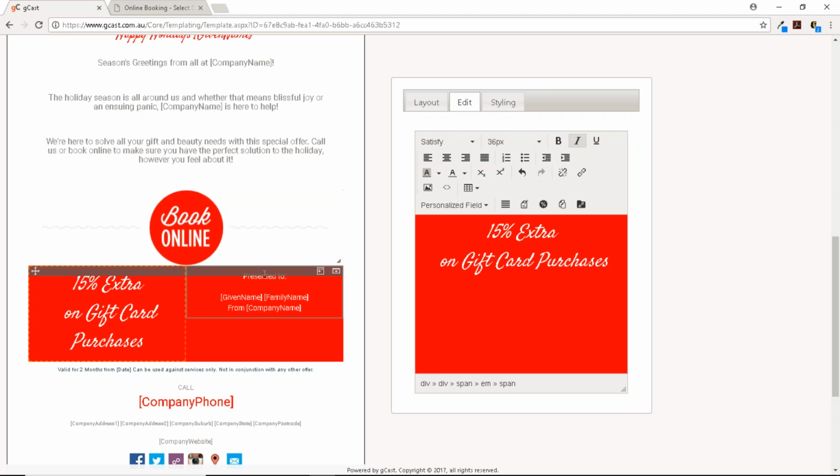Okay, and then over on the right hand side again, you guys, you can see I have the presented to, and again, we're personalizing this by filling in the customer's name. So given name, family name, we'll fill in their first and last name, and then it will fill in the salon or business name, barbershop name as well. Okay, I'm just gonna space that a little better.